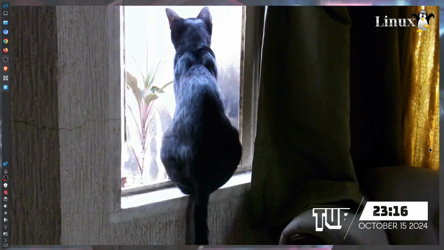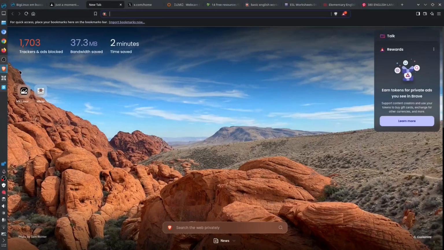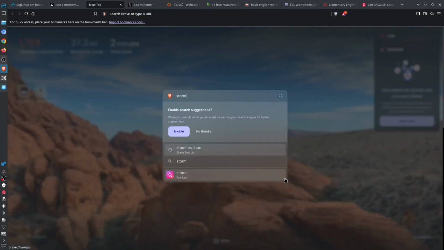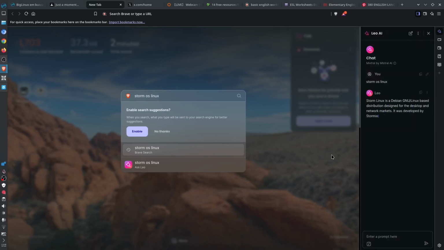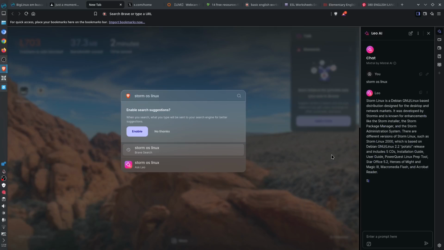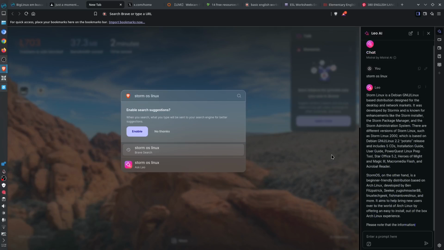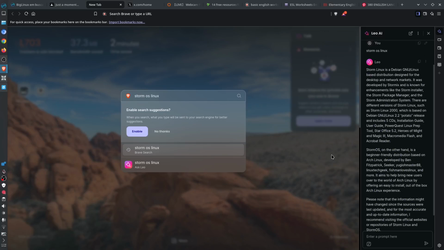Of course, let's try to look into the website first, and let's look for the website, which is StormOS Linux. So we could ask Leo, the AI of Brave browser. As you can see, it has the information right here. So Leo is trying to tell us that the StormOS, which is right here on the bottom, because